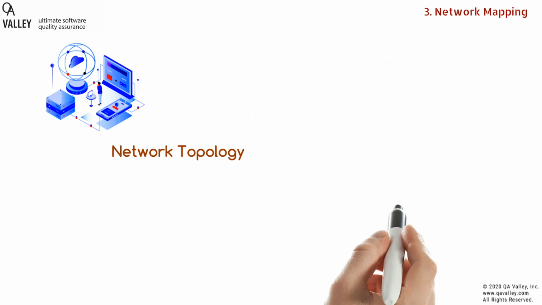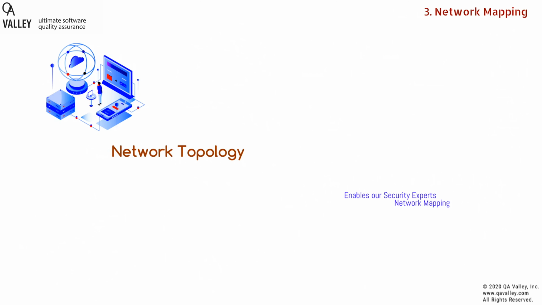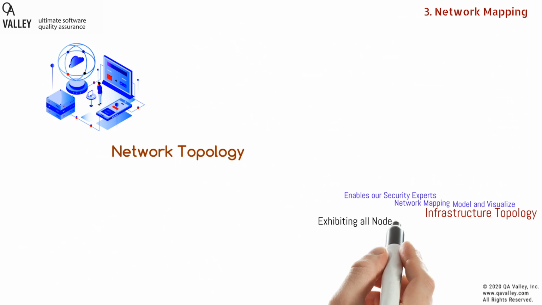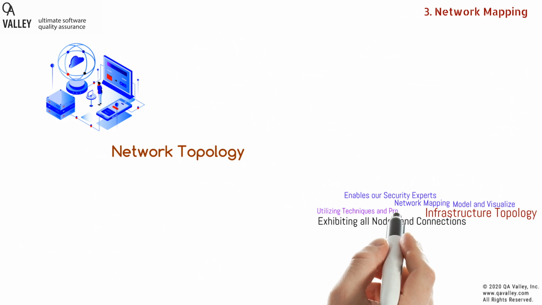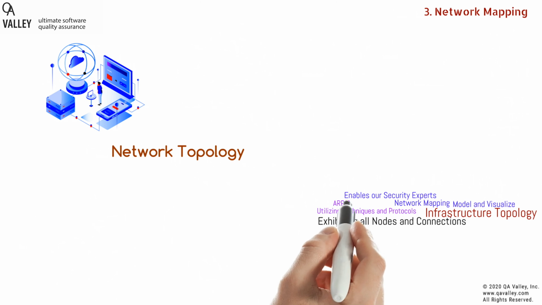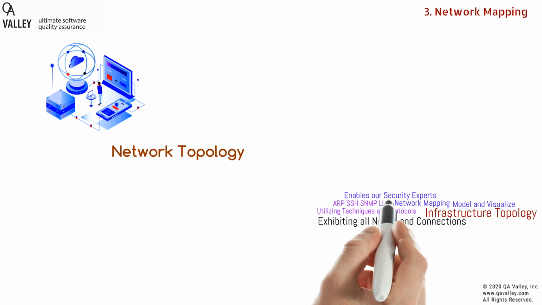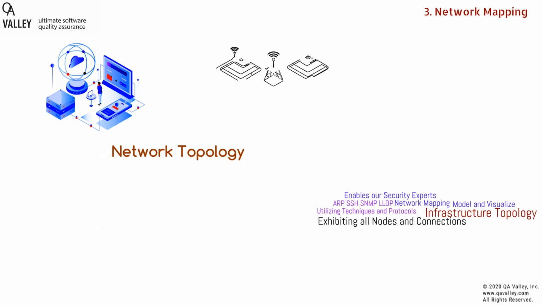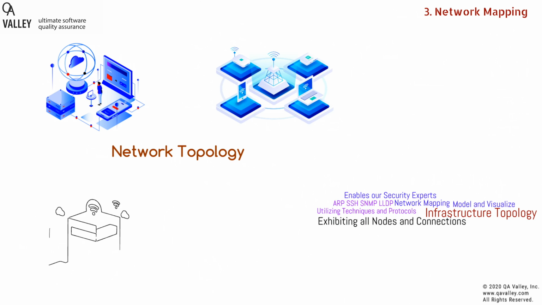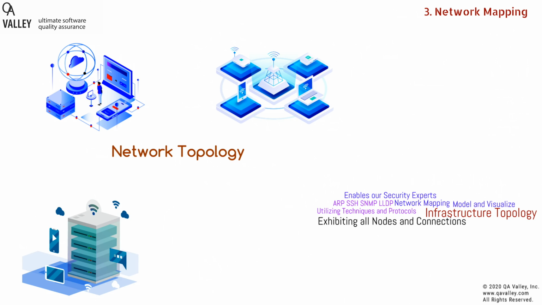The third step in penetration testing is network mapping. Network mapping enables our security experts to model and visualize your infrastructure topology, exhibiting all nodes and connections, and utilizing techniques and protocols such as ARP, SSH, SNMP, LLDP, and others. We are able to see all entry points and trace route the origination of all packets and network traffic flow